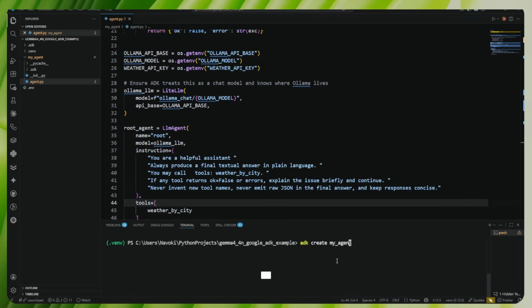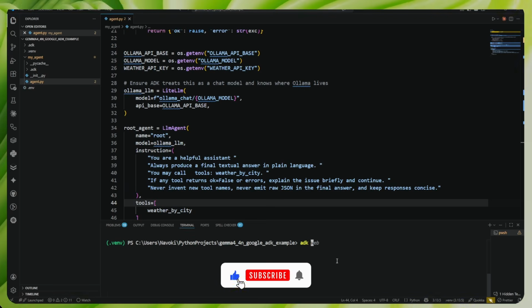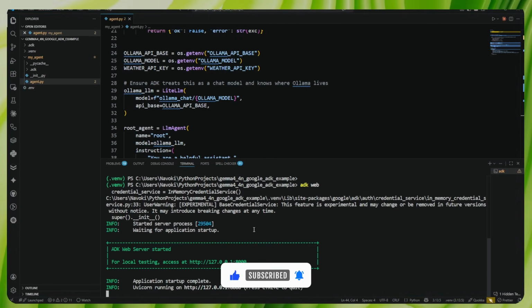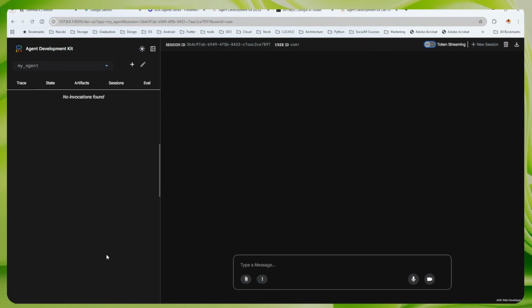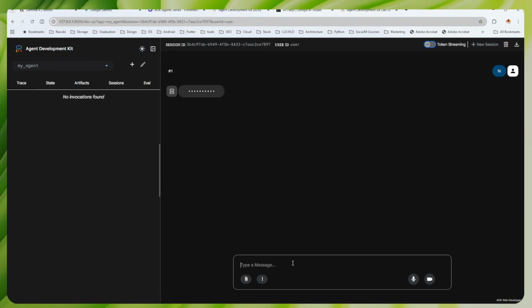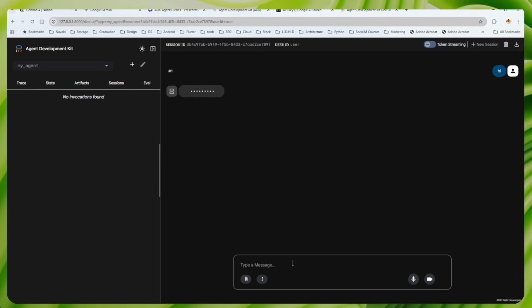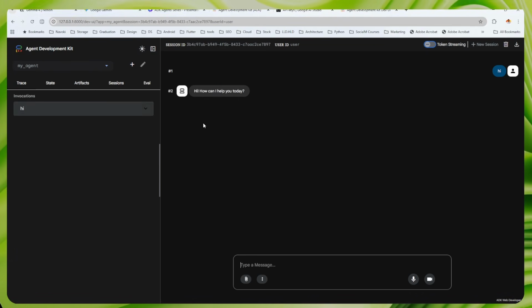Now let's run it. For this, type adk web and press enter. This will start a localhost agent on a developer UI provided by the Google ADK. Click on it and it will open a developer UI here. Select my_agent and send hi for a basic conversation. Because I'm running the model locally, it's taking some time to respond.